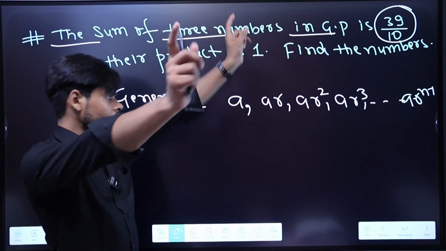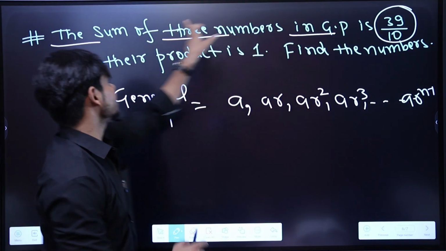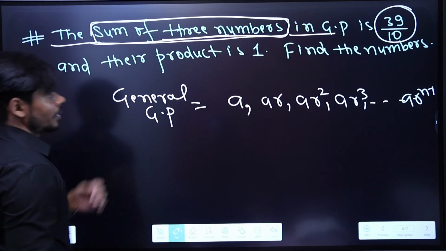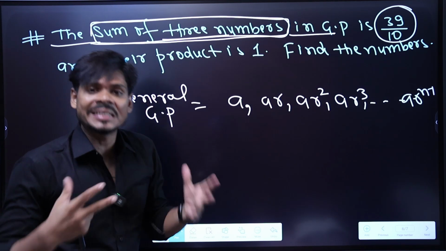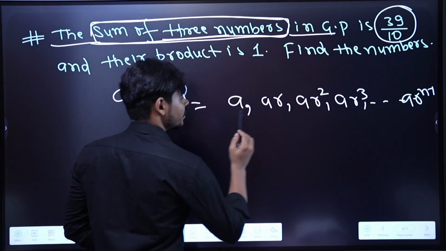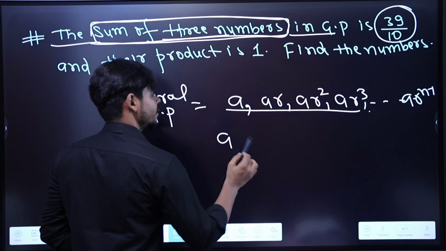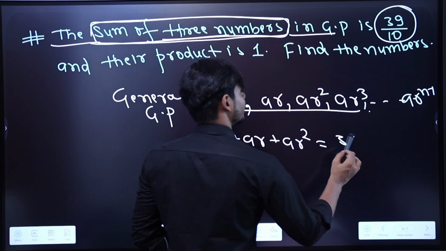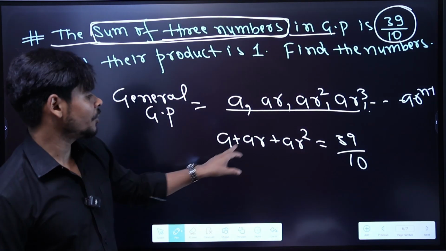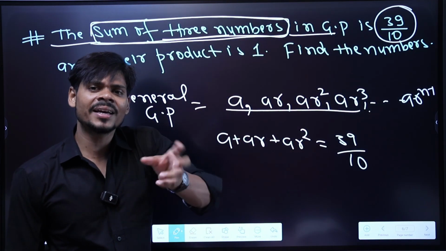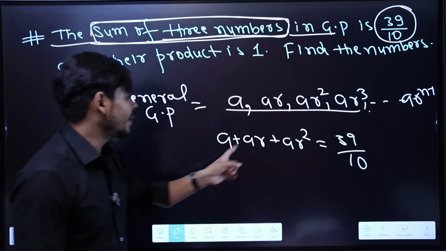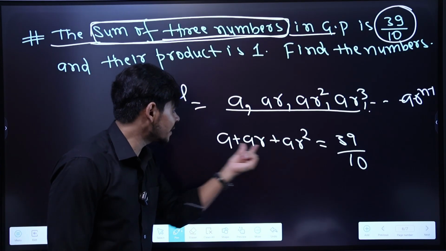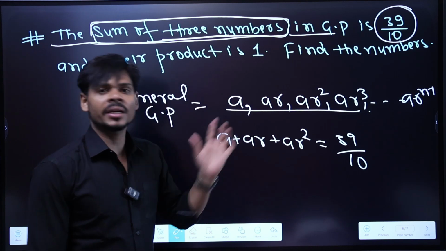So this will be your common ratio. Now, a very important thing: if we are given the sum of three numbers which are in GP, then what kind of GP should you consider? First of all, if we start considering like this, first term is A, second term is AR, third term is AR square, and if you make the summation of these three terms, then we will write 39 by 10. Now let me tell you, in AP we were cancelling out the common difference D, and here our target is to cancel out the common ratio which is R. Got it? Right now if you see, if you make the summation of these terms, it will not get cancelled out, right?